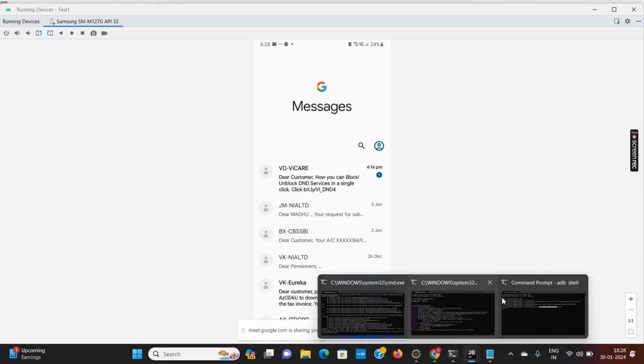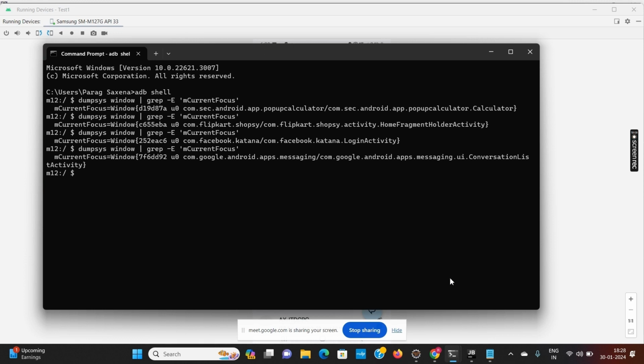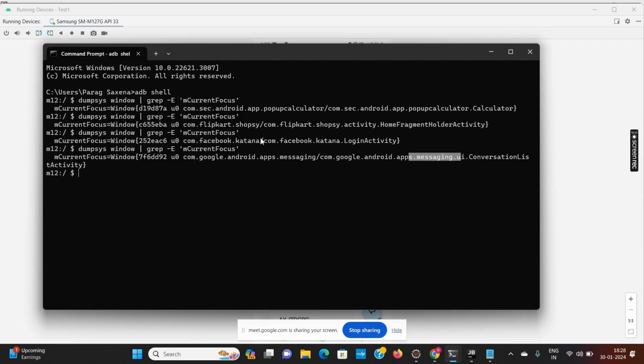Again, mCurrentFocus. Now you see, it is giving me the package name for messaging and the activity name. So any application which is there on your mobile, maybe it is native or maybe it is hybrid, using this command you can just get the package and activity name, which I will be using in my program.